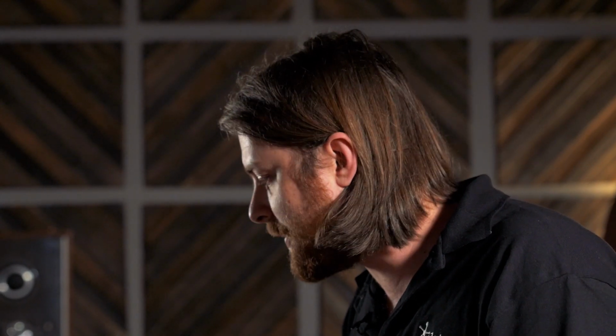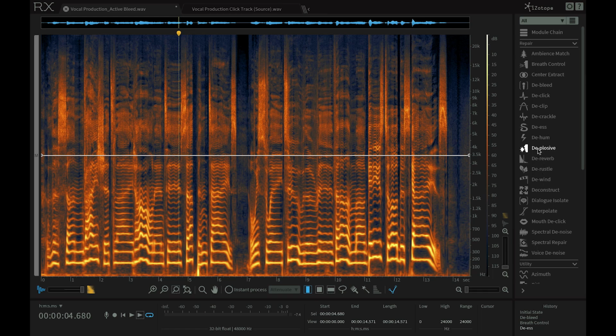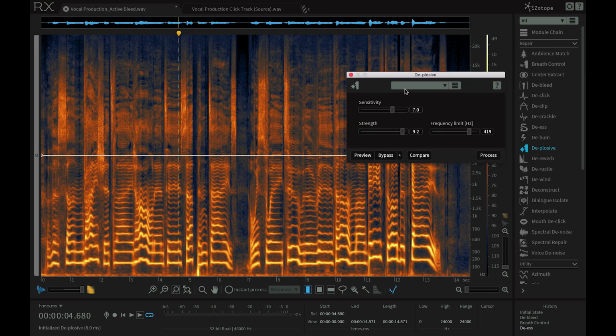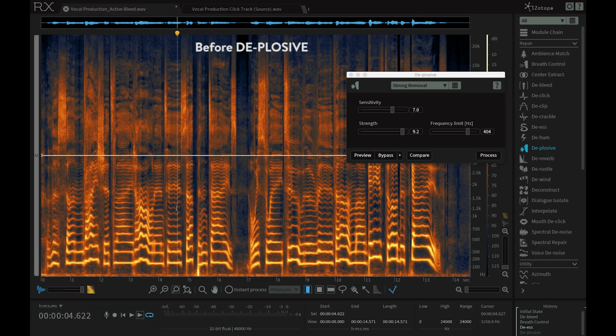So what I'll do is go into the De-Plosive module and put on a pretty aggressive setting here. I'm going to go for strong removal. I'm going to up the frequency limit because, as I said, the preamp clipped when the singer used that word. So to interpolate, to reconstruct those frequencies, it might have been disturbed by that sort of popping sound. I'm going to bring up the frequency limit. Anticipant